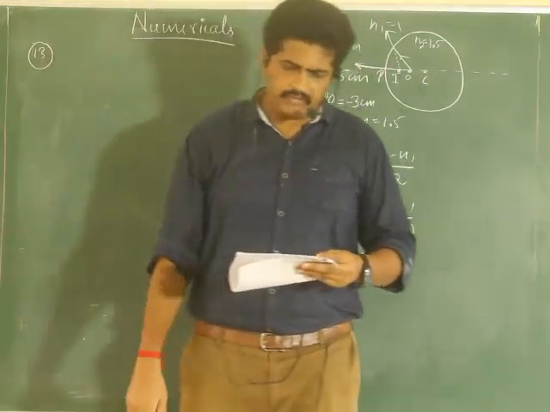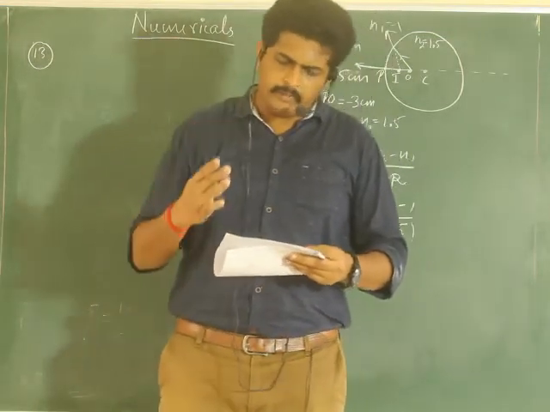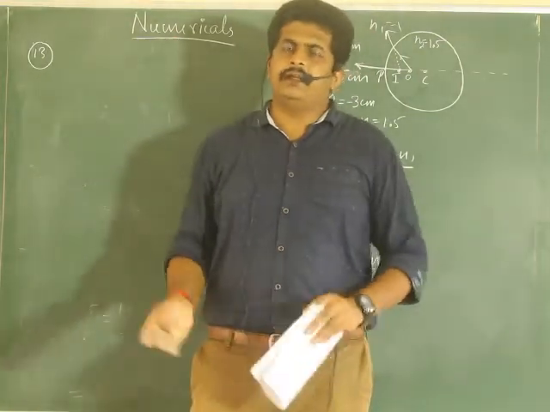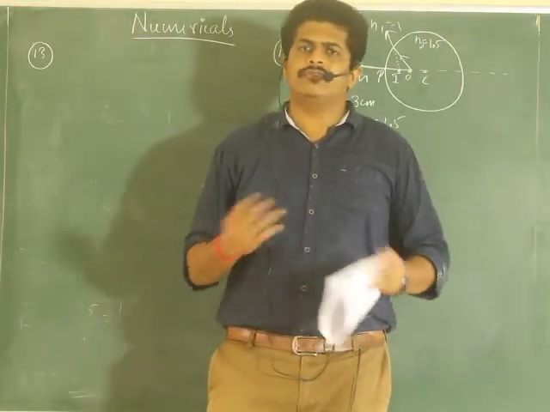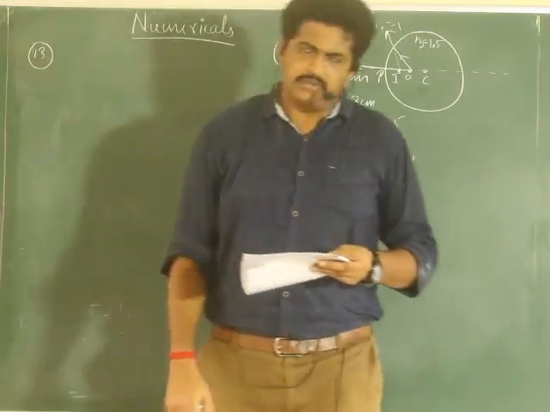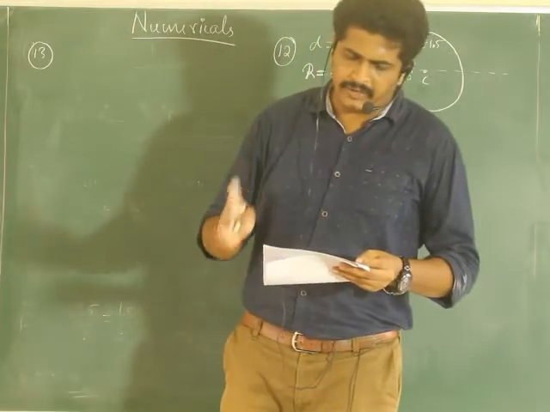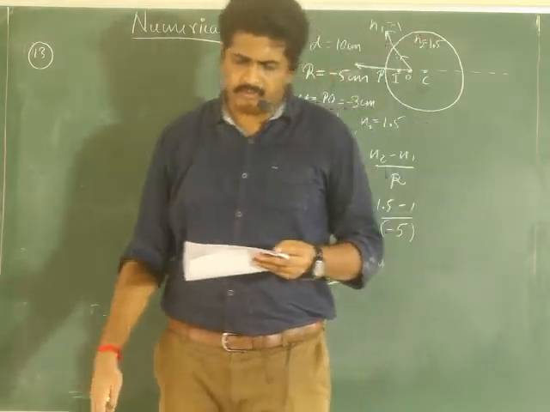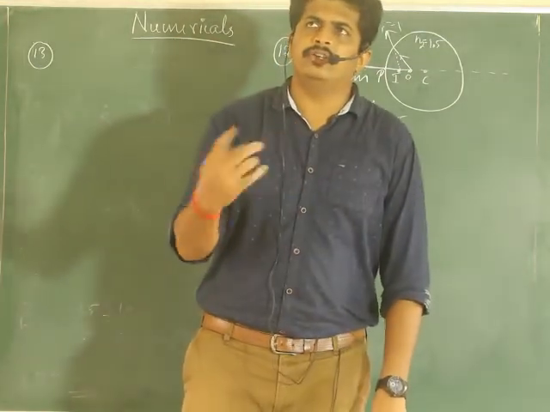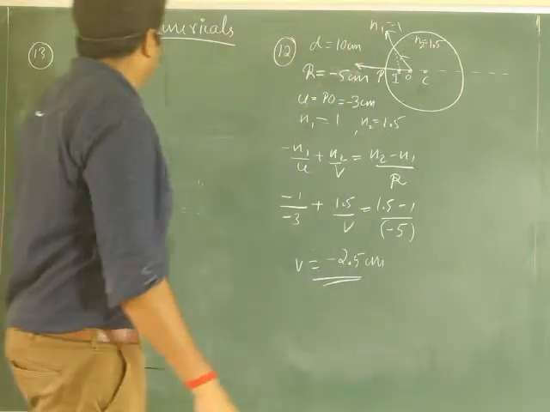The radii of curvature of two faces of a biconvex lens are 0.2 meter and 0.25 meter. Okay, biconvex lens is there, and the radii of curvature of both the faces are slightly different. Find the focal length of the lens. Okay, we are supposed to find out the focal length of the lens. And refractive index of the material is given 1.6. Also find the power of the lens. So we have to find out F, we have to find out the power. Focal length and power, there is a relation, right? Yes, let us see how to solve.